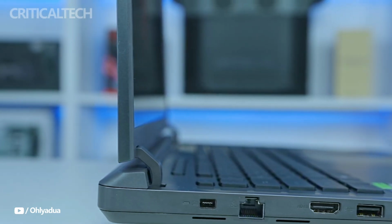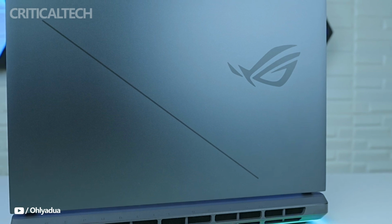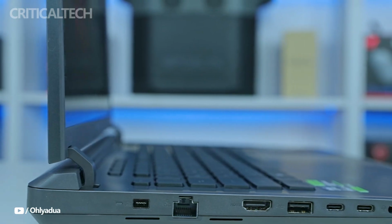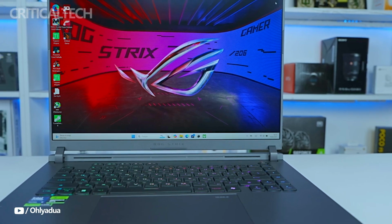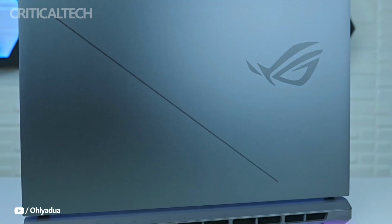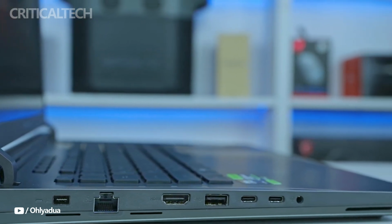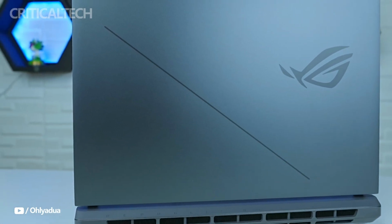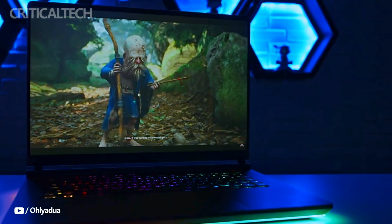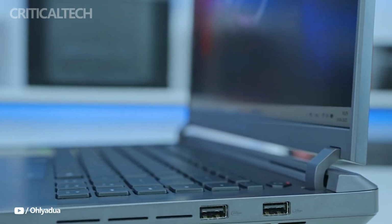The G16's aesthetic balances slight gaming flair with understated refinement. The Eclipse Gray version has a sleek, contemporary appearance that works equally well in an office or studio as it does in a gaming setup. The whole structure has that sturdy feel you'd expect from a high-end machine, and the materials feel high-end, easily withstanding fingerprints in normal use. For a machine with this much horsepower, the G16's form factor of about 2.7 kilograms is